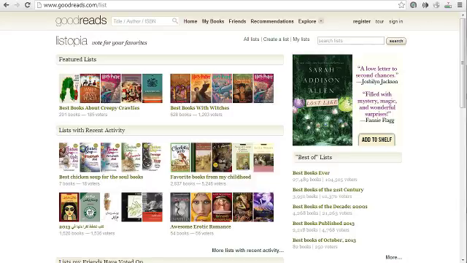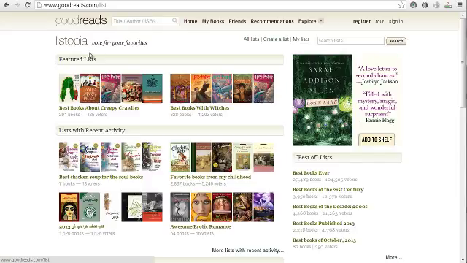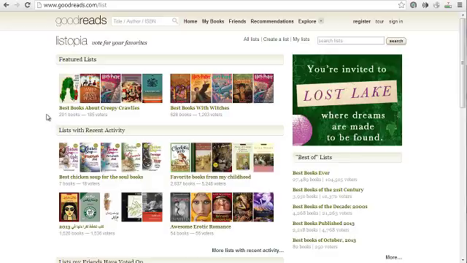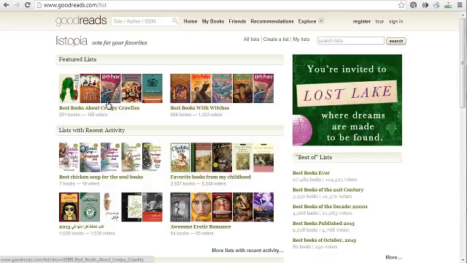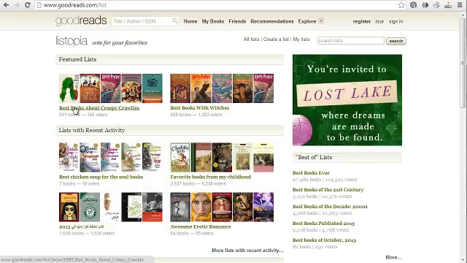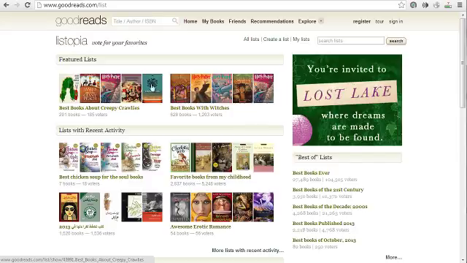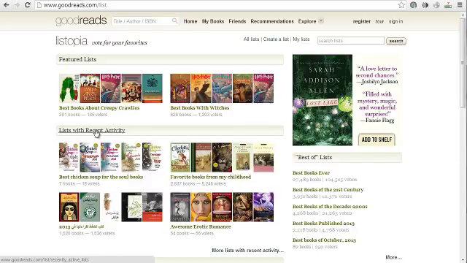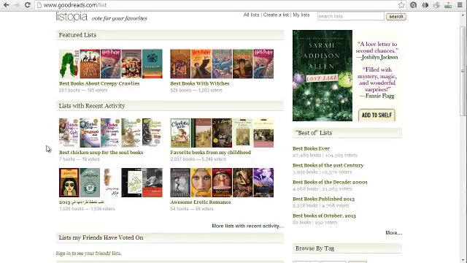Another thing you can do, or even get others to do, is to create what we call Listopia lists. These are lists that contain books that are falling under a specific niche. So for example, best books about creepy crawlies, and you can see a bunch of books about creepy crawlies. So if somebody's interested in that particular niche and they click on it, they will be able to find all the books that are pertaining to that particular list. And you can also contact those people who have started the list and see if you can get your book listed in there as well.